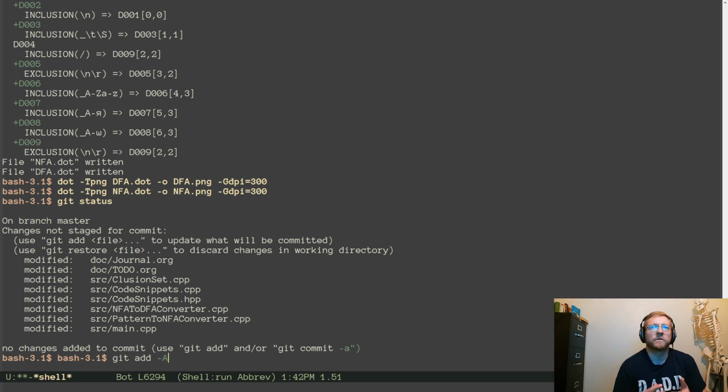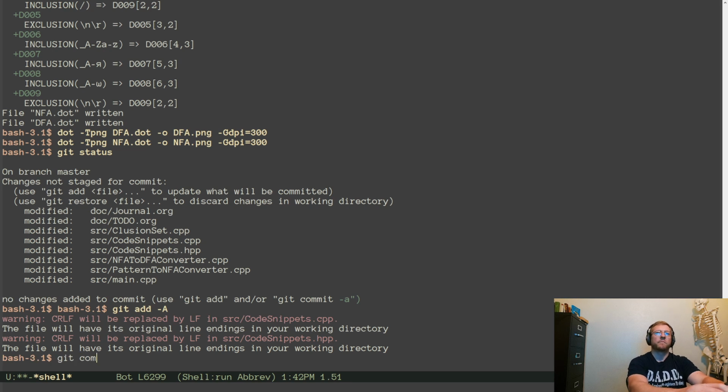Okay, journal to do: occlusion set, code snippets, NFA to DFA converter, pattern to NFA converter, and okay, now it makes sense. Make sure I'm not doing something I don't intend to, mixing up NFA to DFA closures and \n handling.